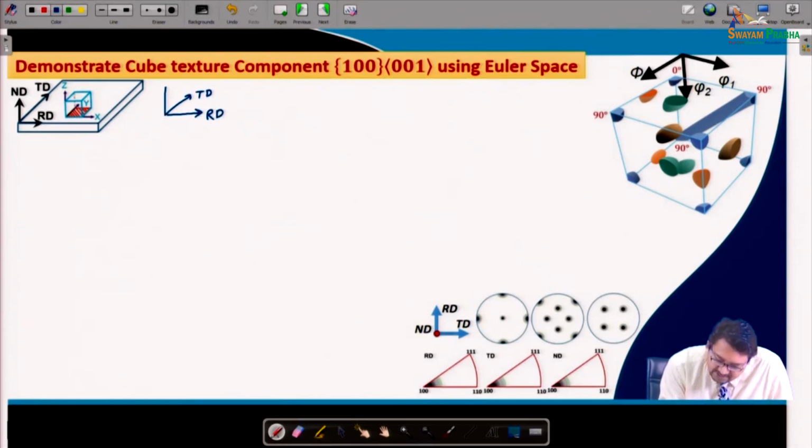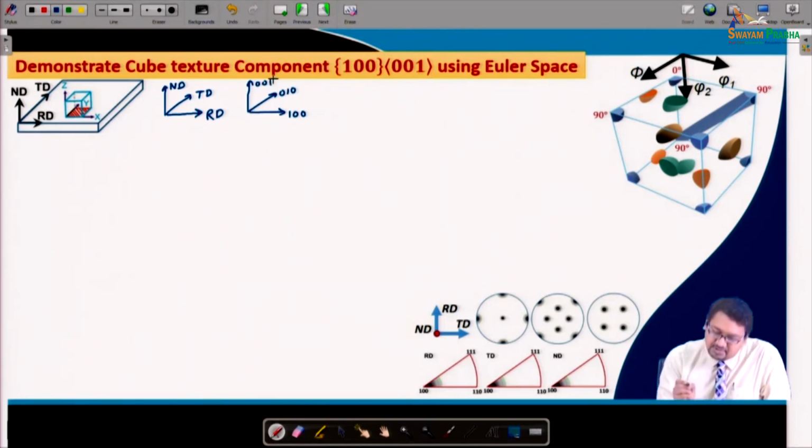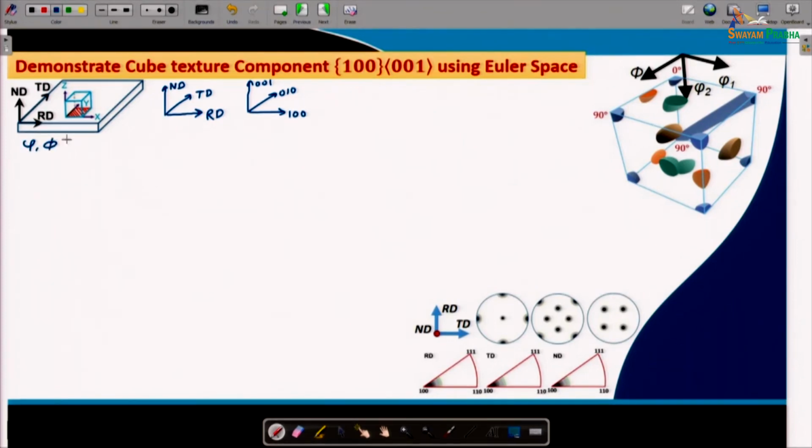TD, ND axes of the sample like this, and similarly we can observe from this figure here that x is 100, that is the crystal coordinate system, 010 is another crystal coordinate system, and 001, right. So, you see that RD is parallel to 100, TD is kept parallel to 010 and ND is kept parallel to 001. So, if we want to find the Euler angles phi 1, phi, phi 2, then the first condition